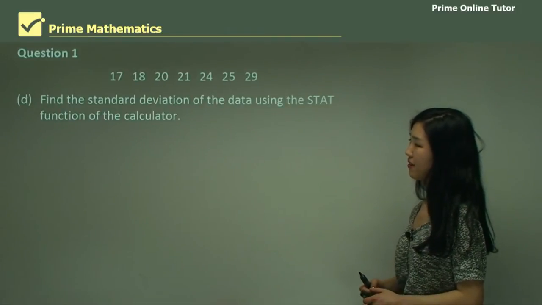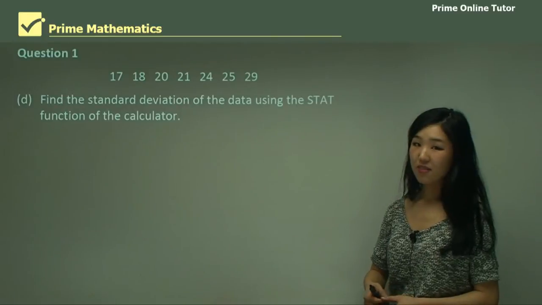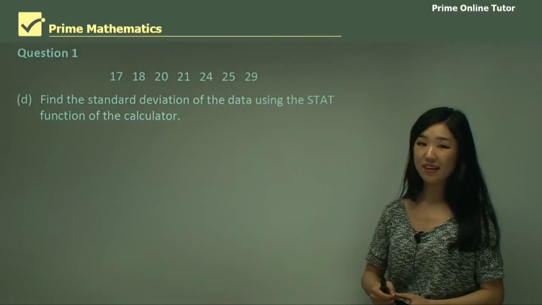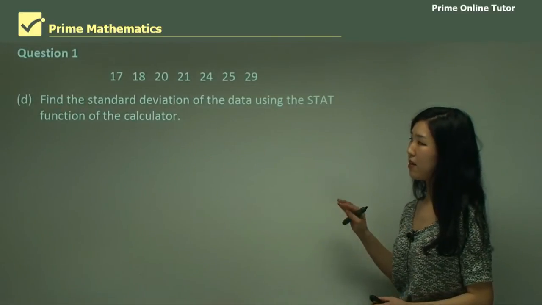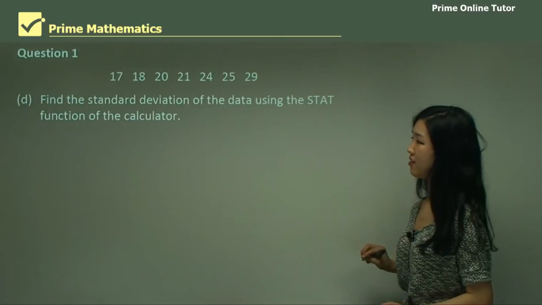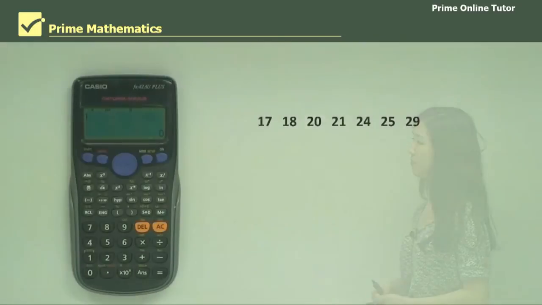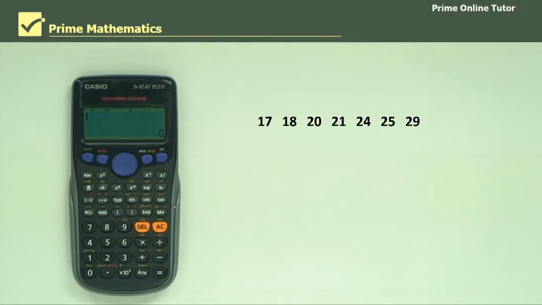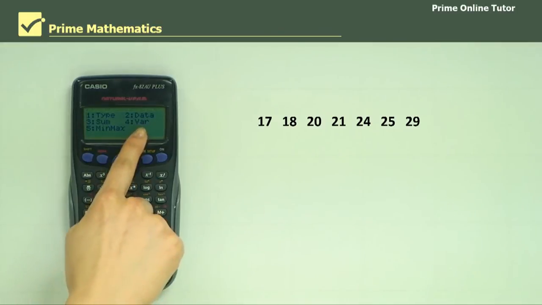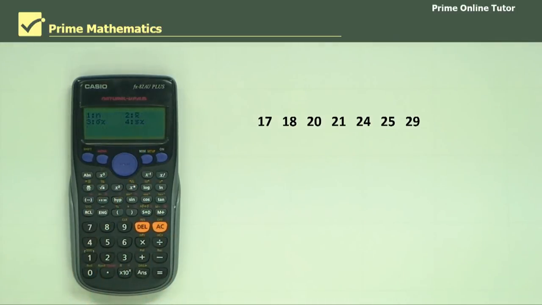Now this time, in part D, I'm going to calculate the standard deviation with the same function, the stat function of the calculator. This requires a few more steps as well, but just keep an eye on it and I'll show you how to do that with the calculator. In this question, we want to find the standard deviation. Remember we put in all the scores, all the data, in the previous question when we were finding the mean? So this time we don't have to put in all the scores again. We only need to press Shift 1, go to VAR, so number 4,